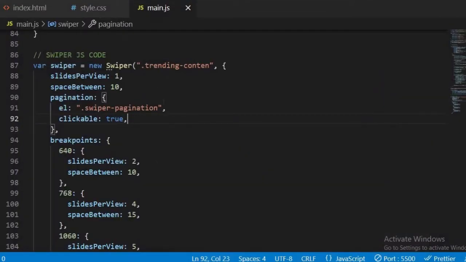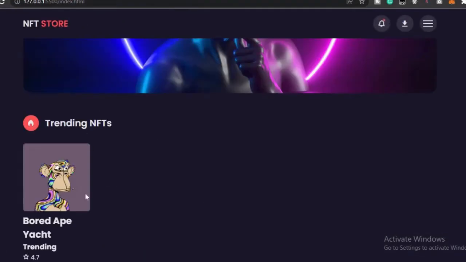Probably we didn't do something correctly. Okay, so over here we have trending content, and it should be trending content with a T at the end. So I'm just going to write that here. Okay, trending content, and I'm going to save this and head over to the browser and refresh. Okay, so now you can see that the image size has reduced,